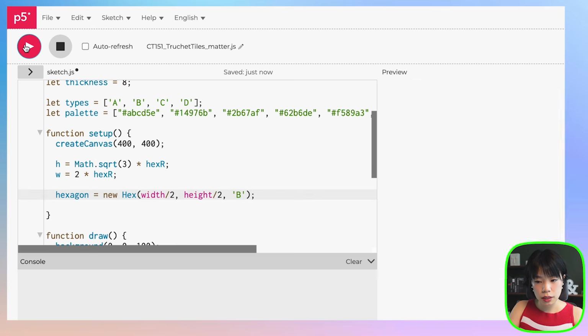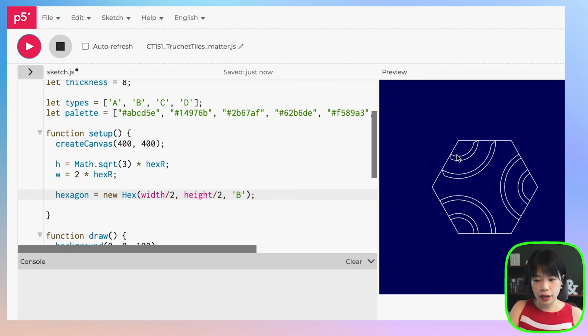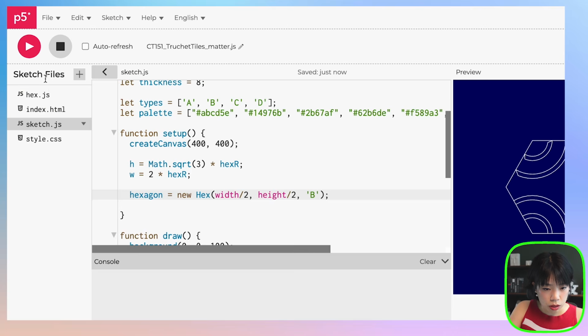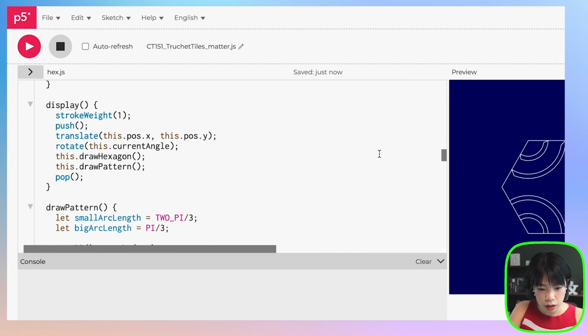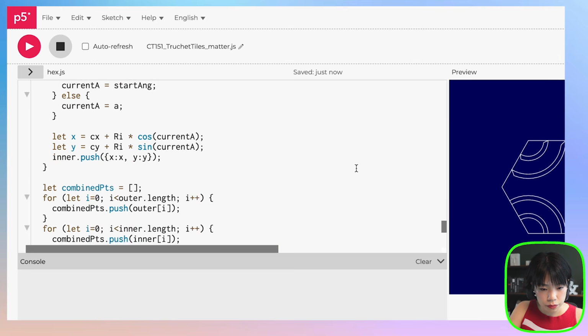B. Okay, do you see that? There are some rounding errors here that makes the shape not completely an arc because it doesn't reach the end here. So what we can do very easily is inside the get arc function here,